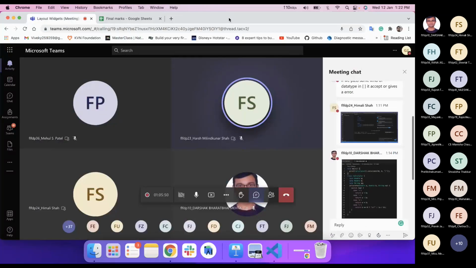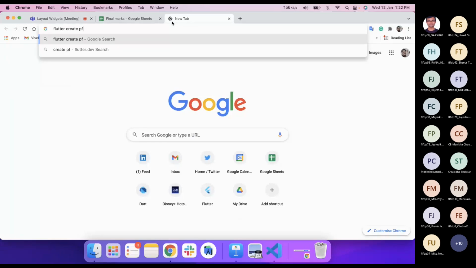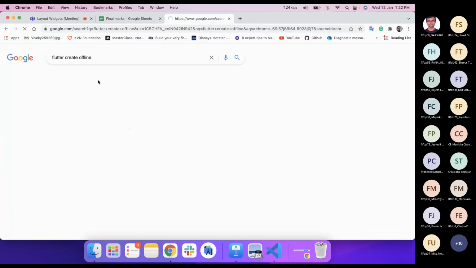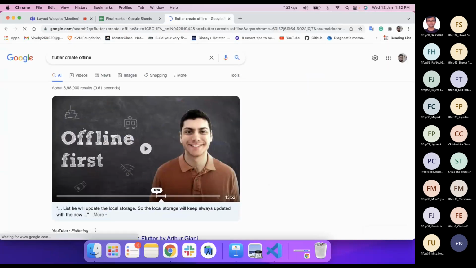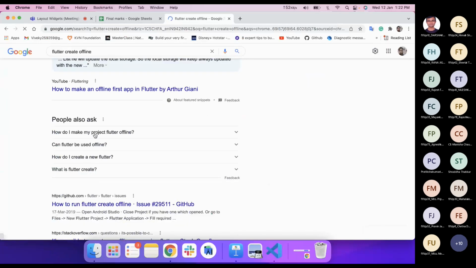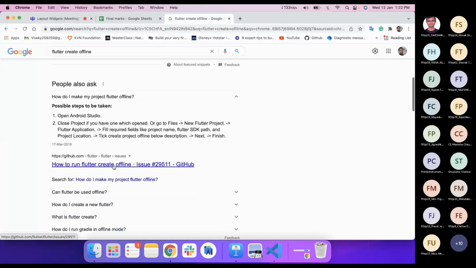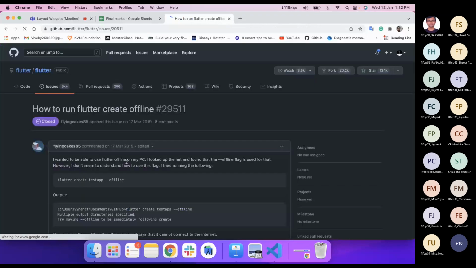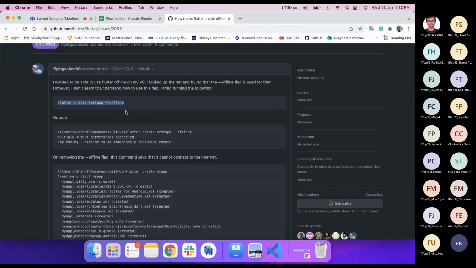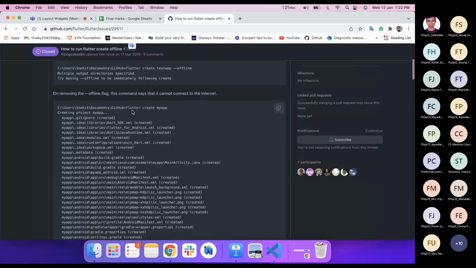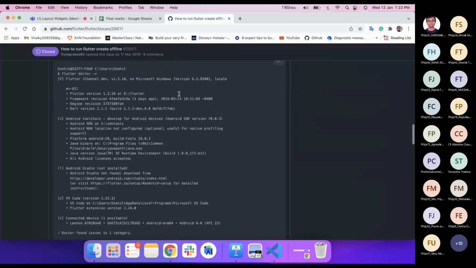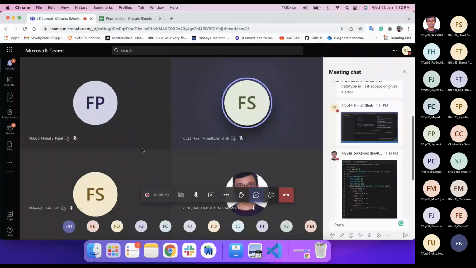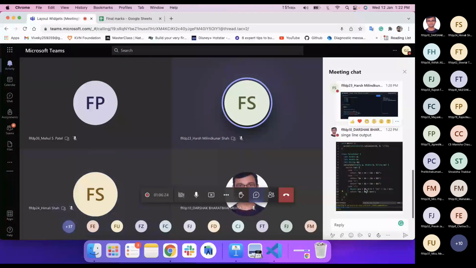There is also one more option: if you do flutter create with the offline option, you can create a project offline, and it will not download anything. So you might try this as well. Okay, sure. Yeah, someone is saying something about the output.